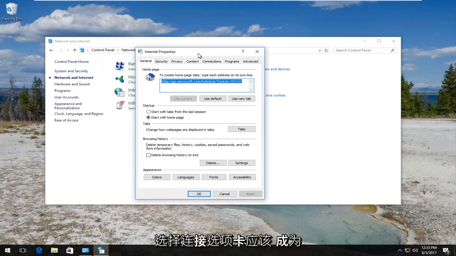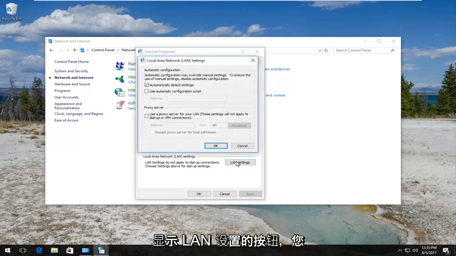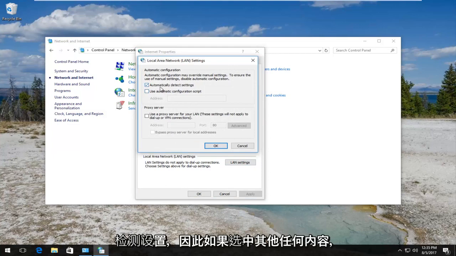And now you want to select the Connections tab. Should be the third one from the far right side. And then you want to left click on this button that says LAN Settings. You want to make sure it's set to automatically detect settings. So if anything else is checked, so if it says use a proxy server, you want to uncheck that and